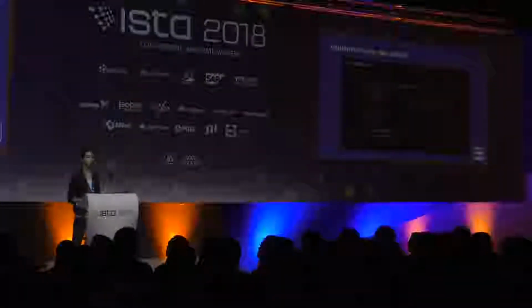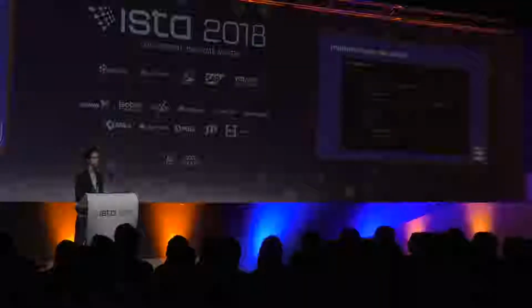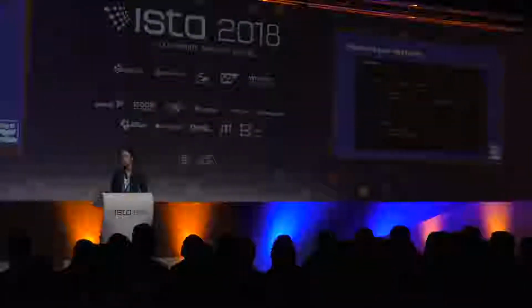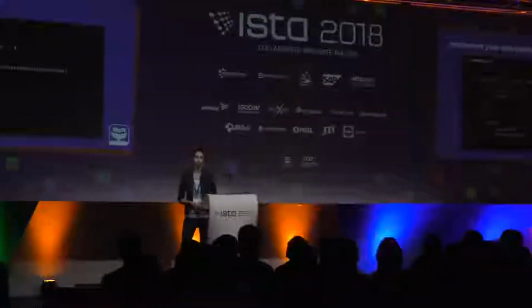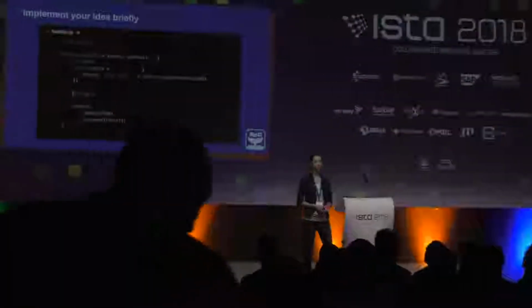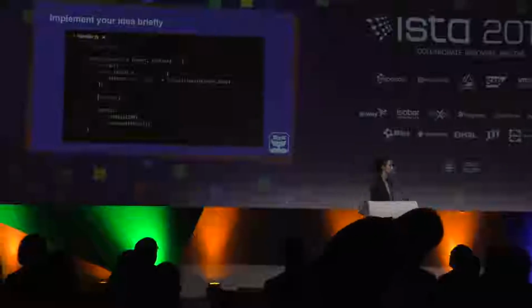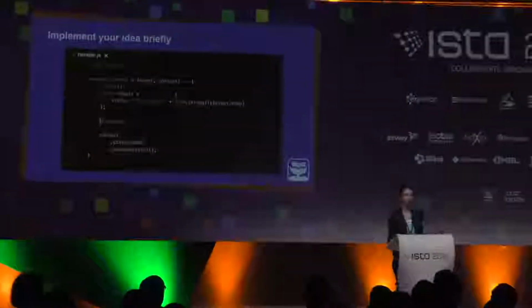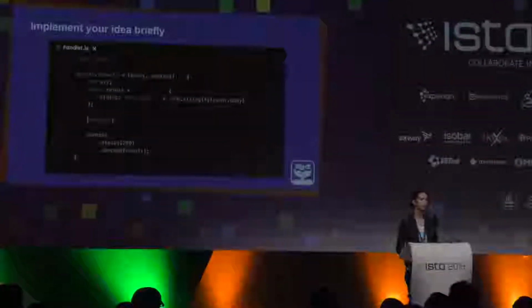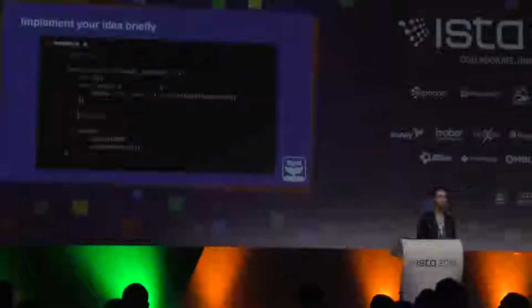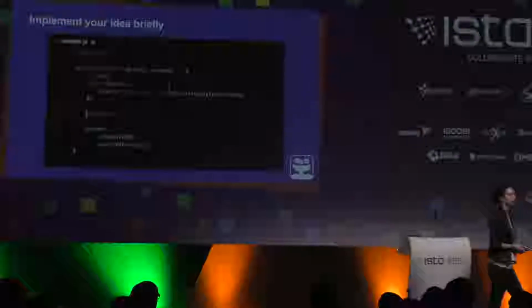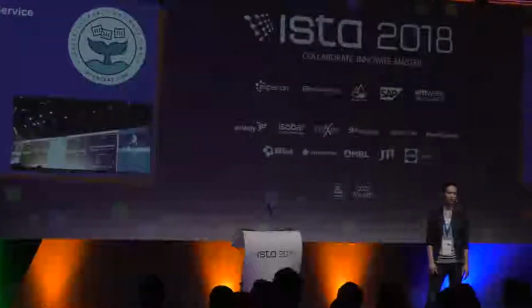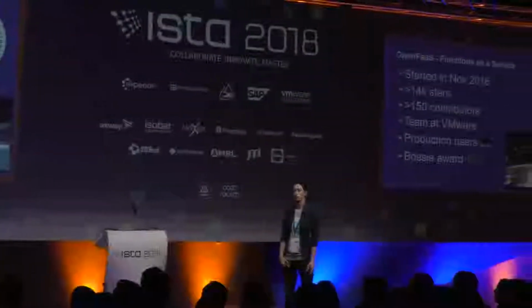And this is how a simple handler of a function looks like. This is what your idea implementation can really be. This is just a simple Node.js example, but this can be as complex as your needs are. And you may ask yourselves, okay, how can I have my idea, my code working just with a single handler file and a piece of code? And this is why FaaS frameworks came to life, and I'm going to talk about one of them. I'm going to talk about OpenFaas, and I'll tell you why.